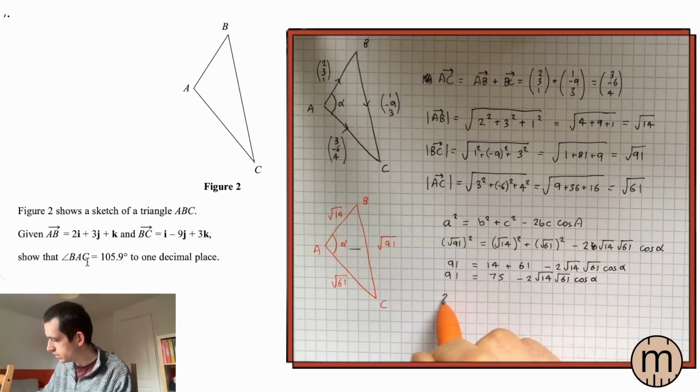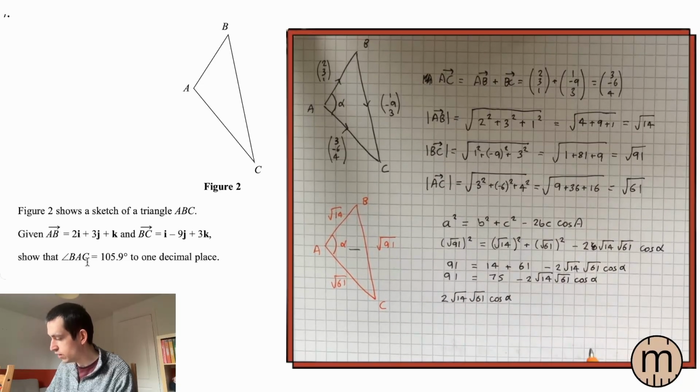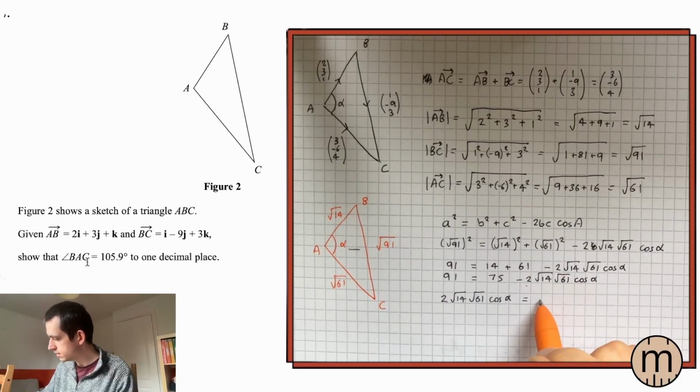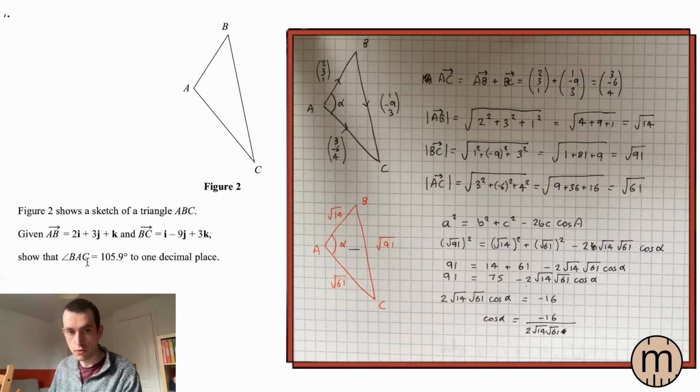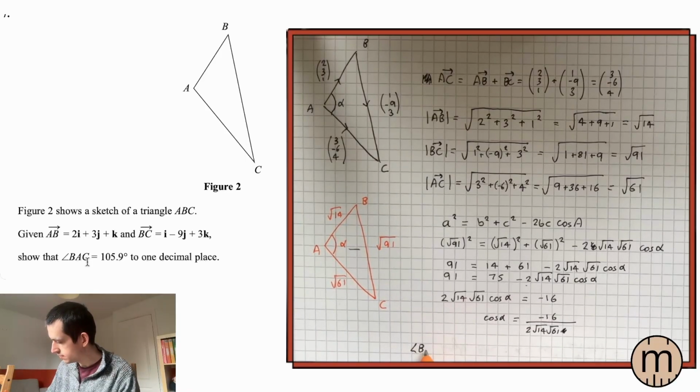And if we bring the 2 root 14 root 61 cos alpha onto the other side, remember this is all one term, then we're going to get minus 16. We can then divide by this, not by that, divide by that, and therefore, again, what we're actually looking for, the angle back